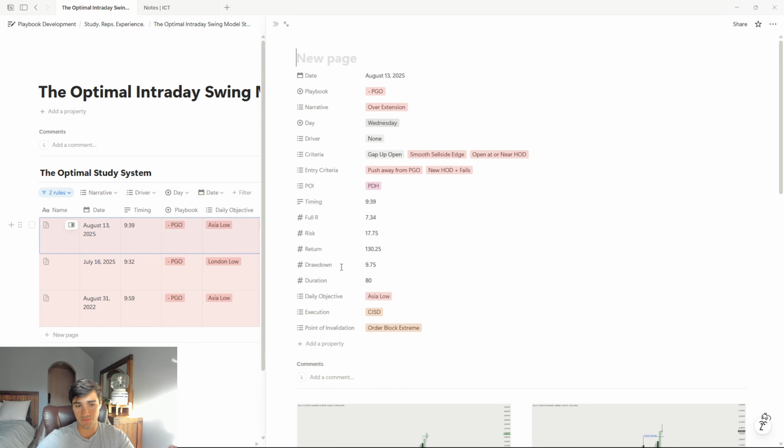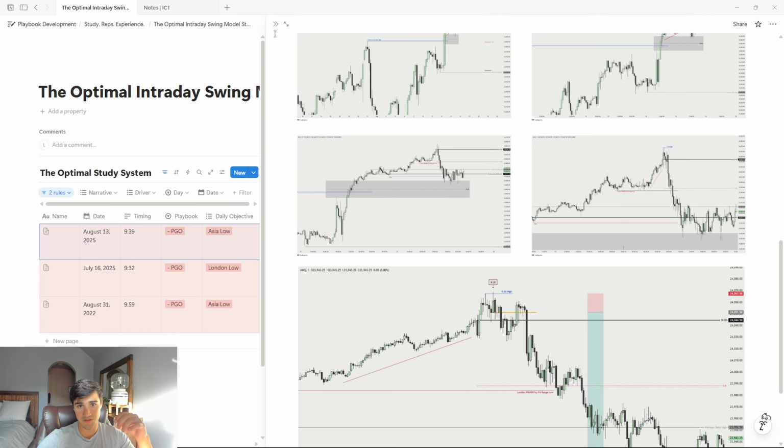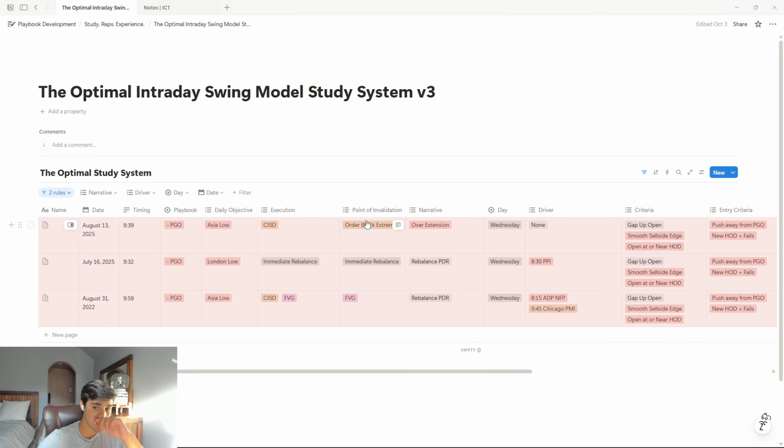Execution is really simple. If you know the concepts that you trade, you know what you're entering off of. For me, it's PD arrays because I trade ICT. So it's going to be a bearish order block, right? Execution would simply be changing the state of delivery. The point of invalidation,